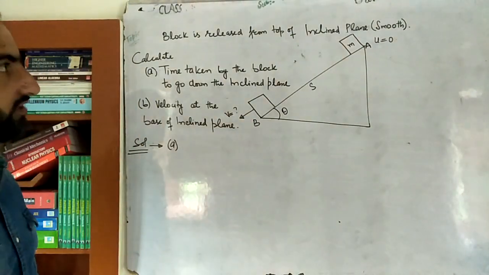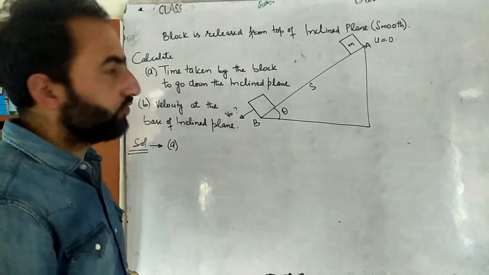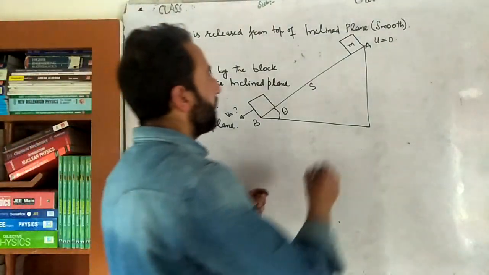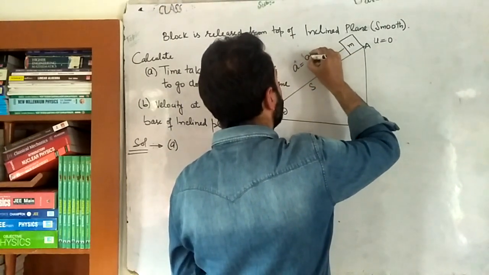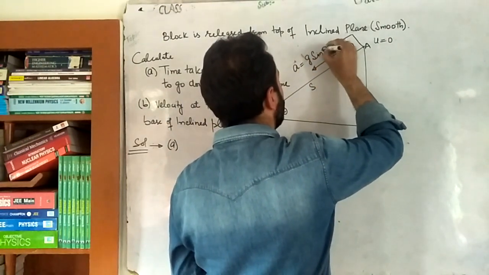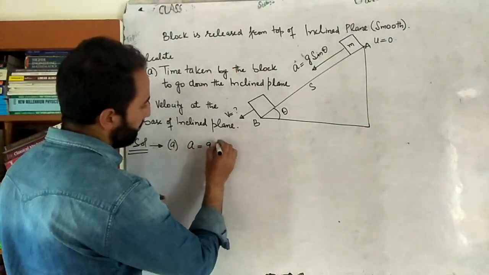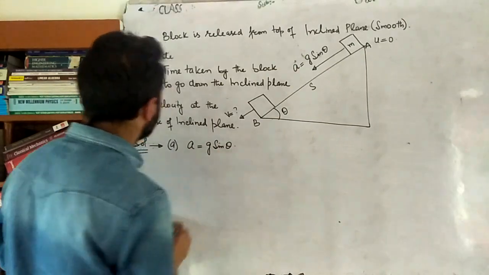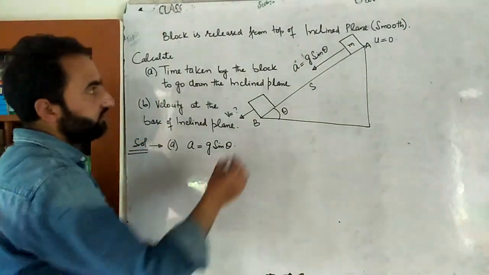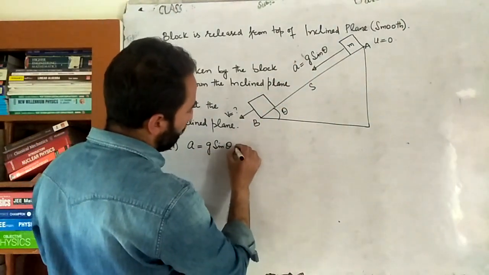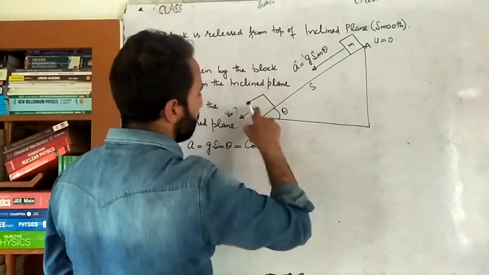Okay, so first of all we know the acceleration of the block down the inclined plane, and how much is that? That's obviously equal to g sin theta. We have already calculated that the acceleration is in this direction. So here I will write down first of all acceleration is equal to g sin theta. Now next we have to calculate the time taken. So I will use the equation of motion because a equal to g sin theta is a constant. So acceleration from this point to this point is constant.